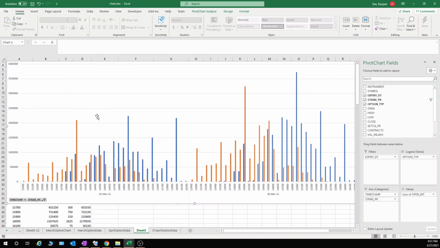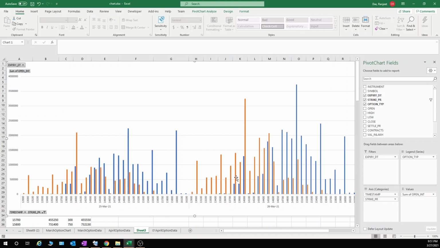Now you check the 1st April expiry. For the 1st April expiry, 16,000 was the resistance. A lot of open interest in the call means it is the resistance, and a lot of open interest in the put means it is the support. So 14,000 is acting as a support, and 15,000 is the resistance.